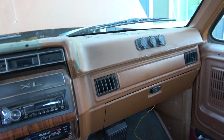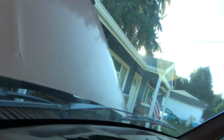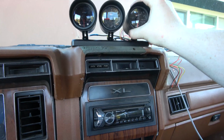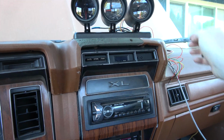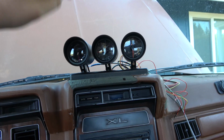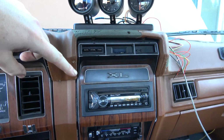Okay, so we got a pile of nonsense here. This dash I know is a hot mess. I kind of want this to be right here. This is perfect. And then you can pivot these too, so you can move them around where you want. So I think what we'll do, we'll probably take the radio out,